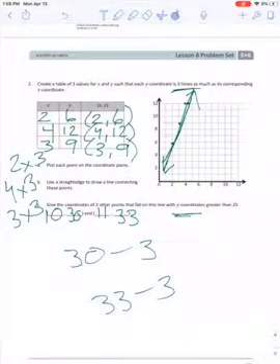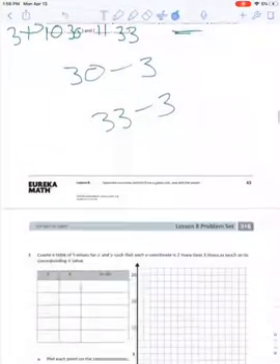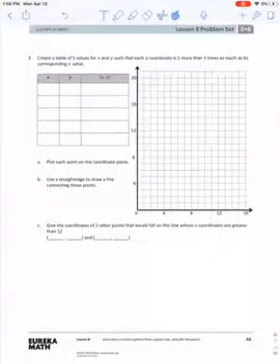All right, good job, you guys. Let's keep going. Create a table of 5 values